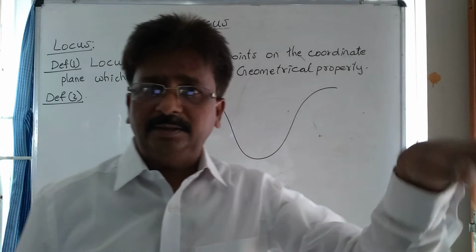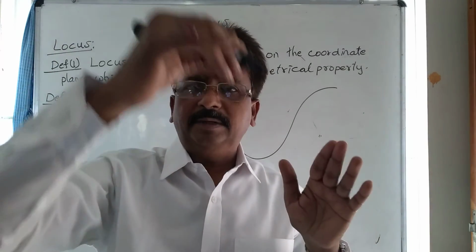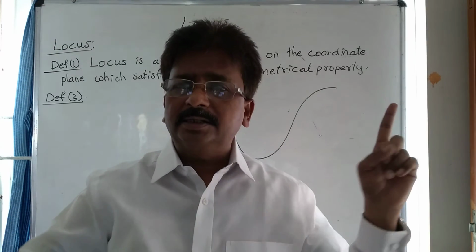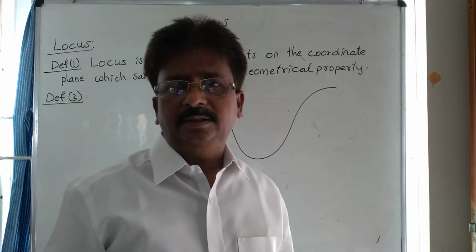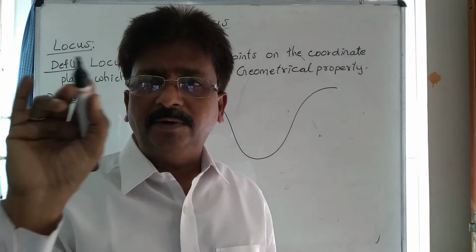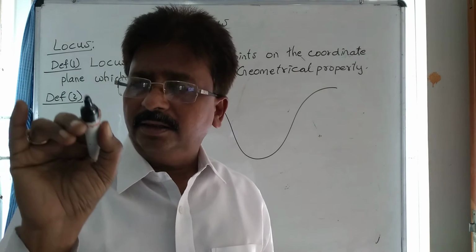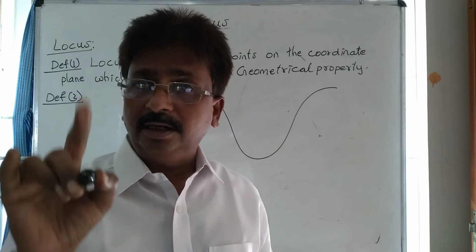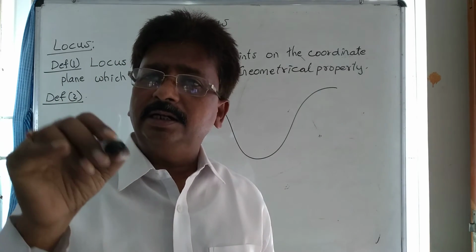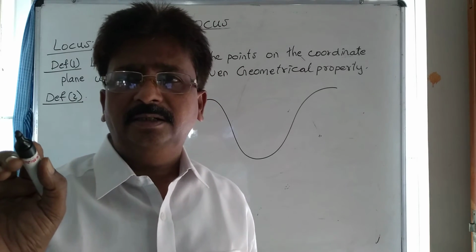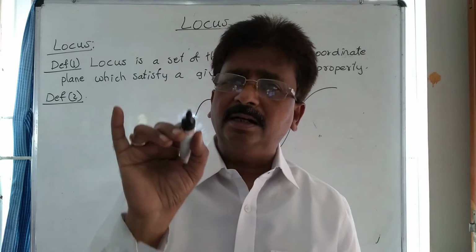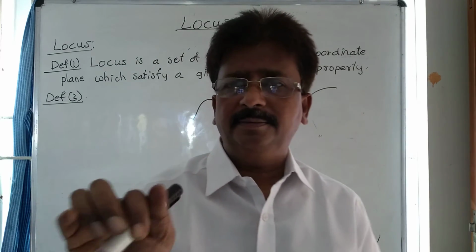Path, దారి, అది మనం నడిచి వెళ్ళే దారి అనమాట. ఈ పాయింట్ మూవ్ అవుతుంటే ఒక path అనేది ఉంది. The path is called the locus of the point. Locus of the point, not the set here. The path of the moving point under the given geometrical condition. Condition is important. The moving point should satisfy a geometrical condition. So the path of the moving point which satisfies a geometrical condition is called the locus.